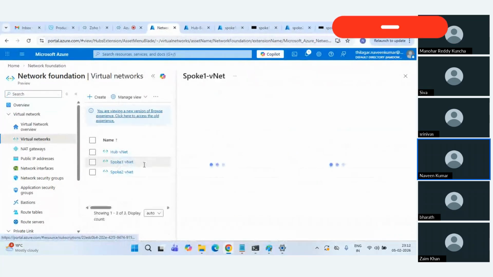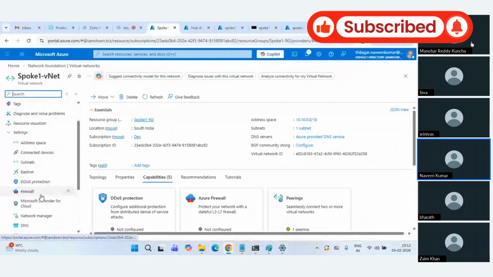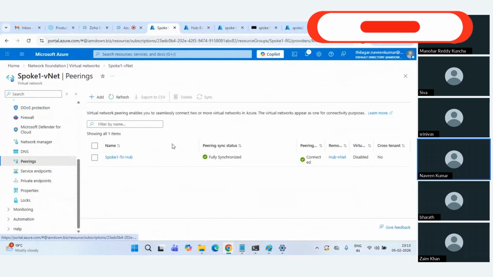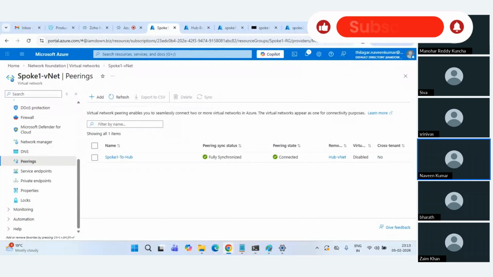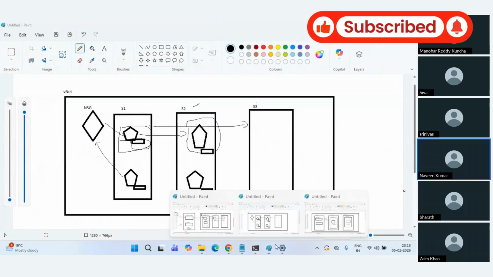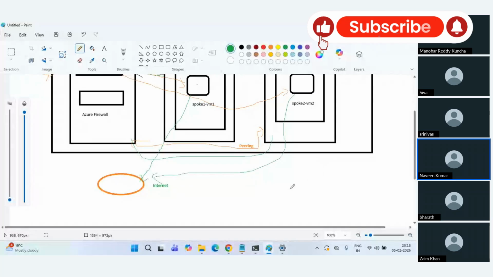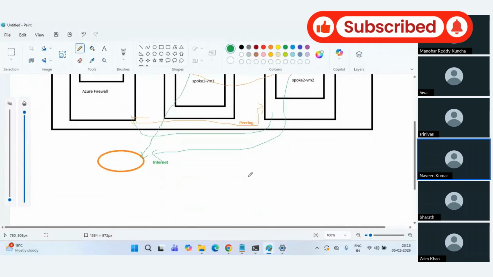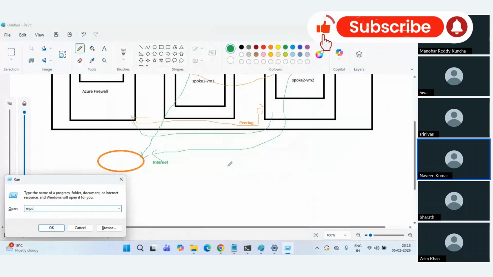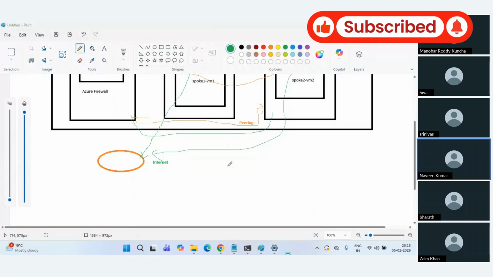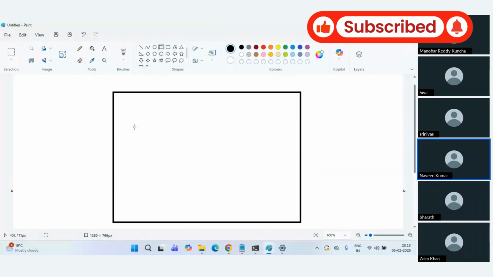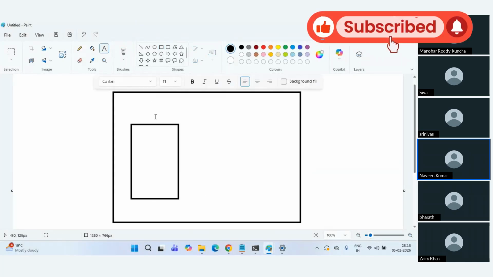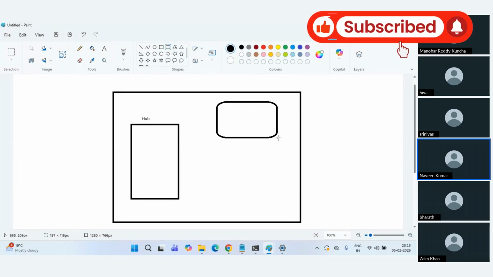And similarly, if I go here, you will see it's bidirectional, which you all are aware. So one thing which I wanted to highlight is, if I go to this diagram, to give you a better picture and explain one topic, I'll open Paint again, a different Paint. Let's assume you have something like this, and let's say this is your hub,